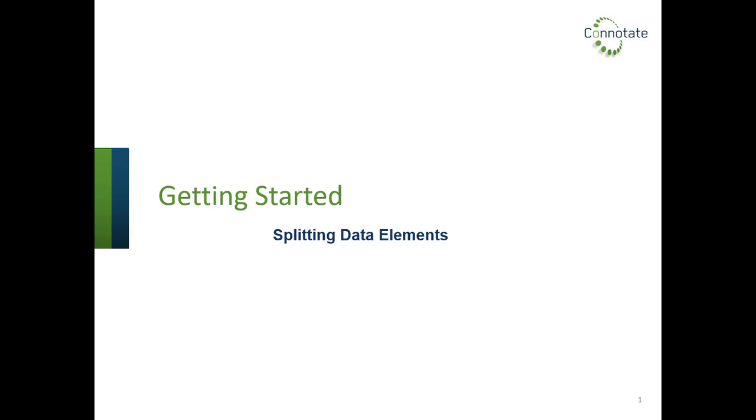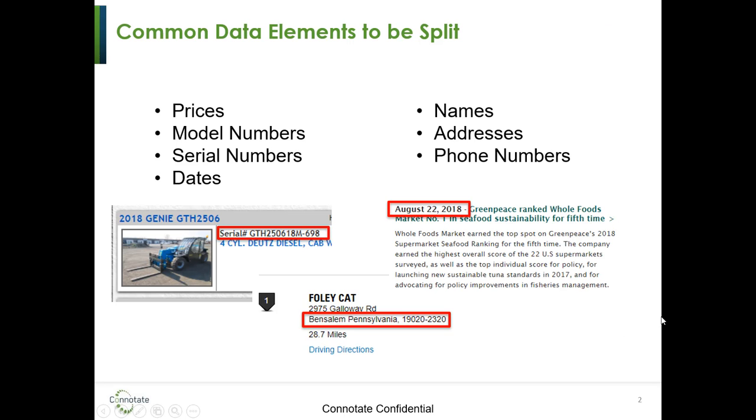In this video, I'm going to show you how to split data elements that you collect from a web page. Splitting a data element is the act of dividing text that is captured as a single element into two or more parts. Common elements that you might find yourself wanting to split include currency symbols and numbers found in prices,